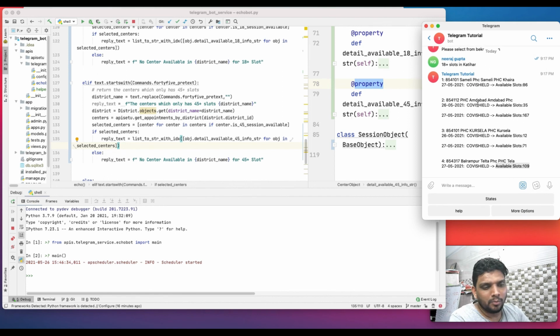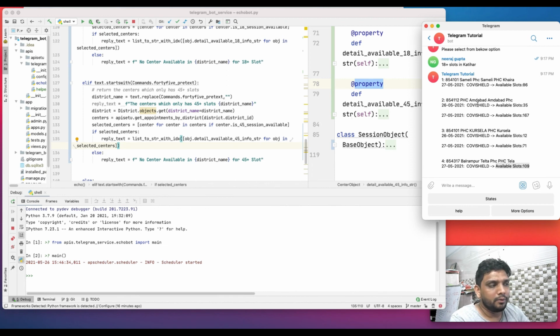We will enhance it more in the later session, but this is the sort of functionality which we are looking for when we try to have a Telegram bot. And one more option is, when there is no slot available, we can ask the user if he wants to register, and later on we can put in a cron where we can notify the user. We will also do it in a future video.